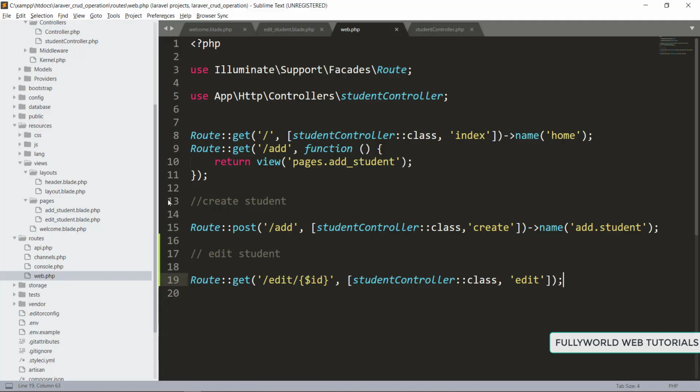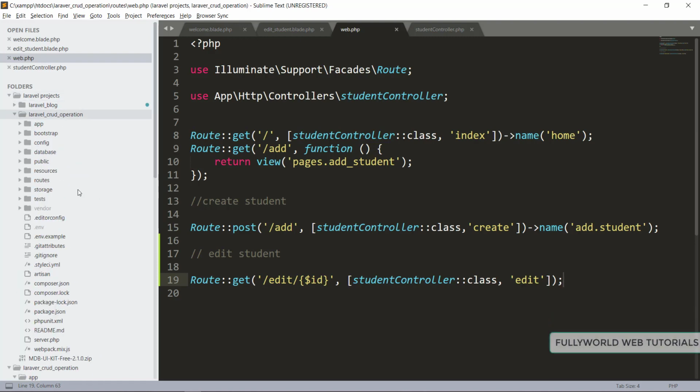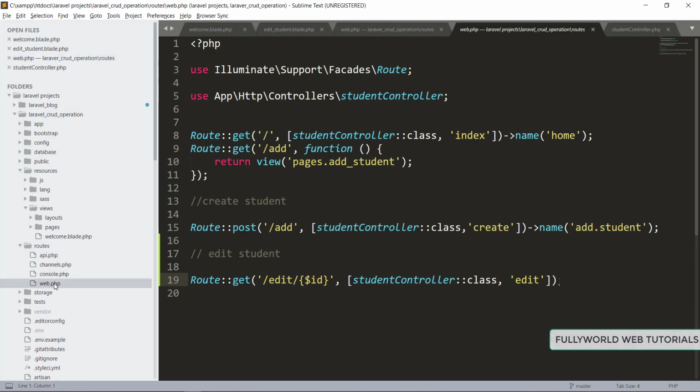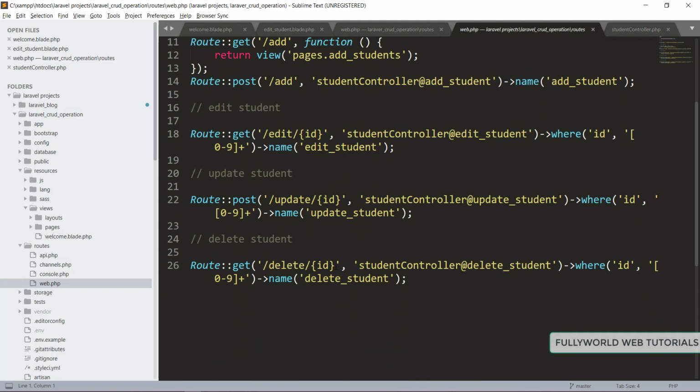Let it refresh, and until then let's go to our main file, routes and web.php, to ensure that I'm writing it correctly.